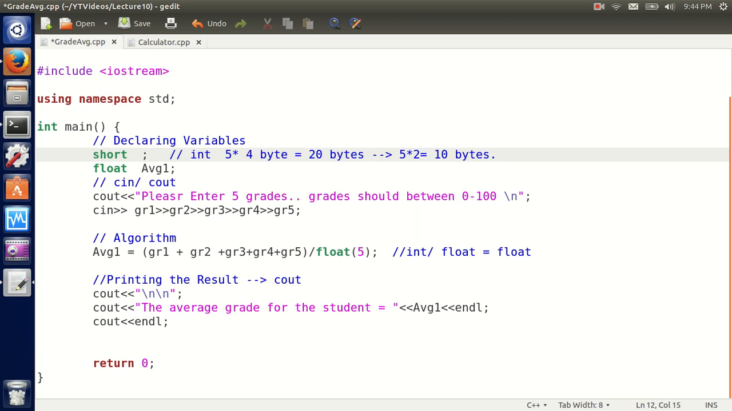So I'll put short, I'll declare an array of 5 grades, or I can name it grades, whatever you want, of 5. This declares 5 homogeneous short grades. And here we can say, for example, we're going to have grade 0, which is the first grade, grade 1,